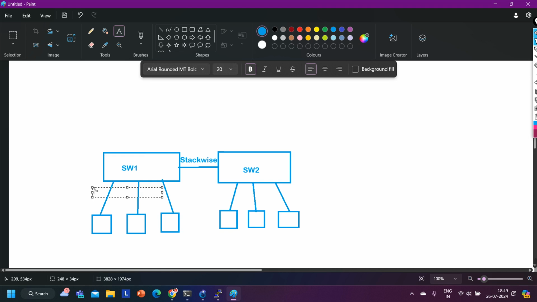And guys, the port ID of this port is, let's say, 0/1, then 0/2, then 0/3. This port is 0/1, and on switch 2, 0/2 and 0/3,